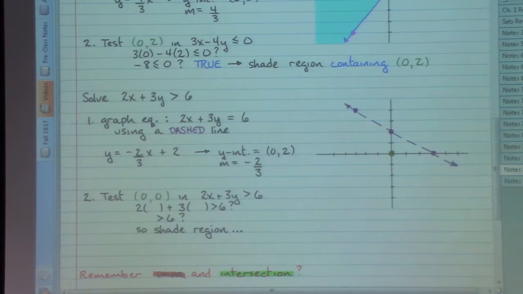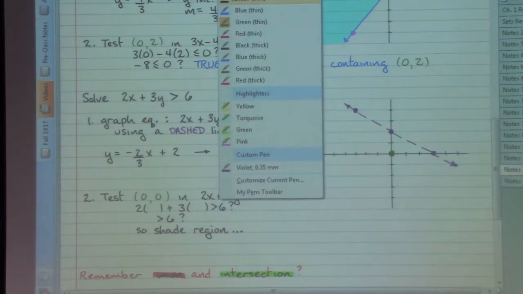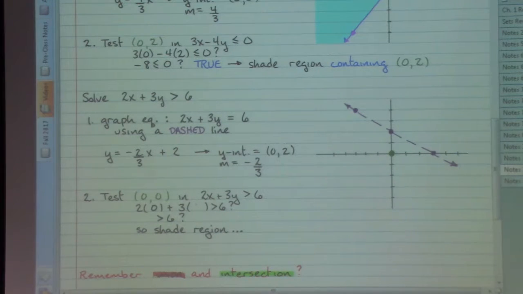So here's the origin marked in green. When we test that out in our inequality, 2 times 0 plus 3 times 0 is greater than 6, yes or no? Well, 2 times 0 is 0, 3 times 0 is 0, 0 plus 0 is 0. So 0 greater than 6, well,